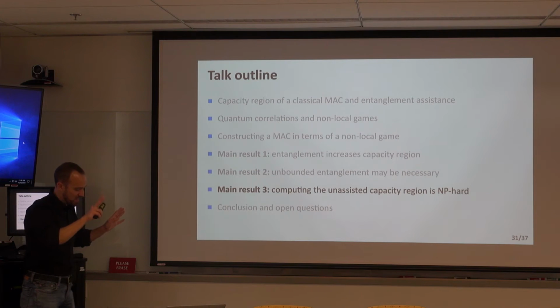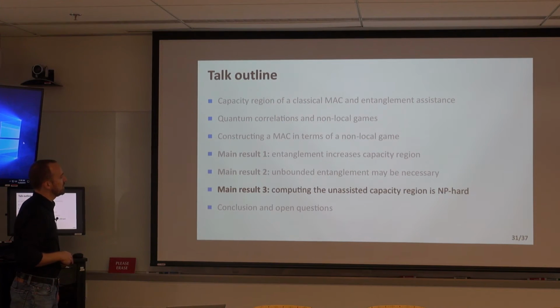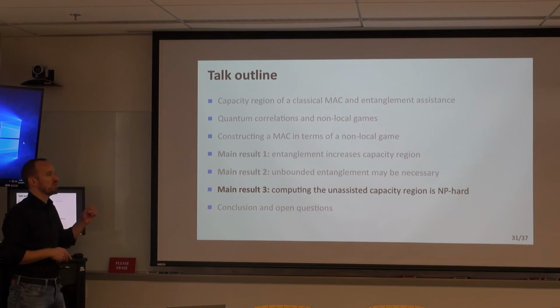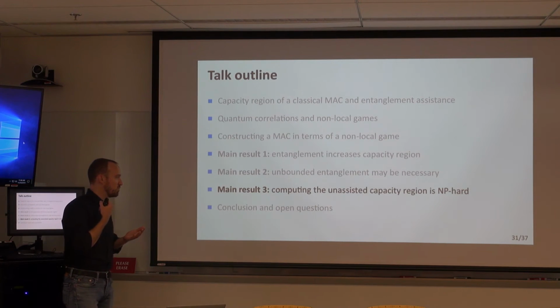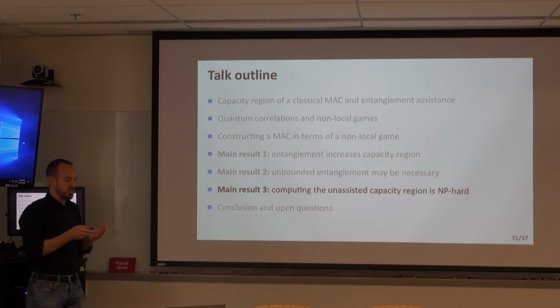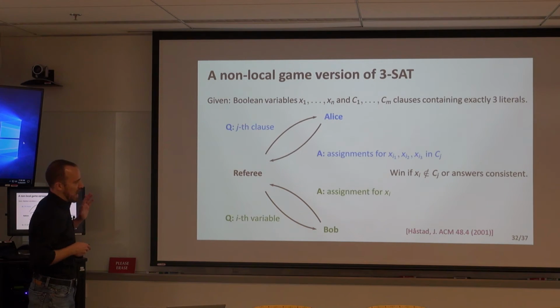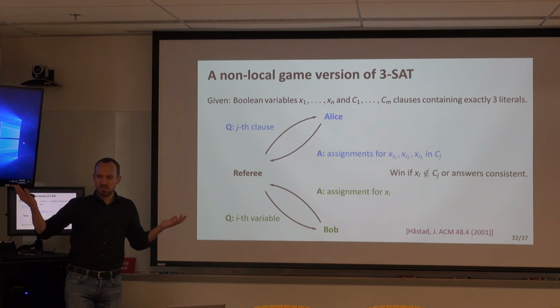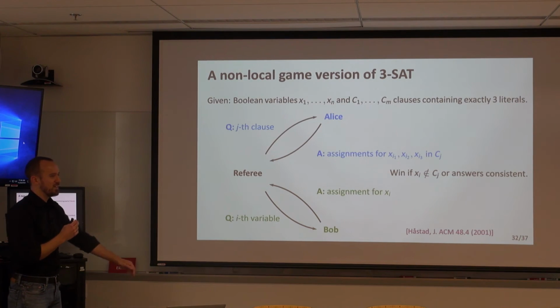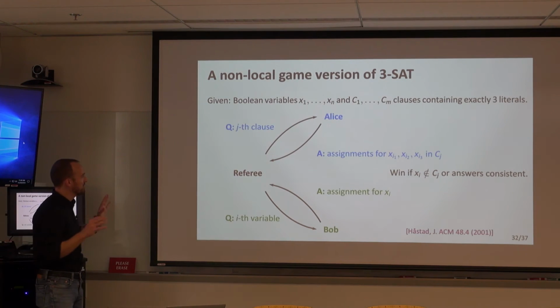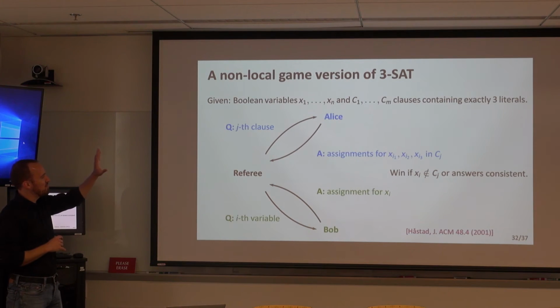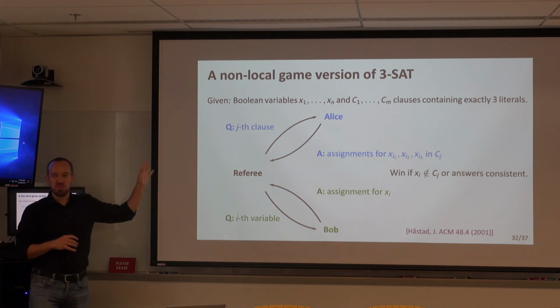So let's forget entanglement now. And we want to kind of make precise why it is hard to compute the capacity region. And to this end, I assume that everybody knows about NP hardness and 3-SAT. You probably know way more than I do, but I just want to mention this non-local game version of 3-SAT, which was